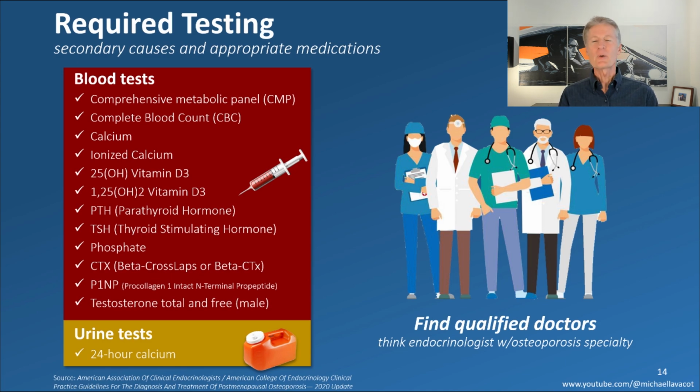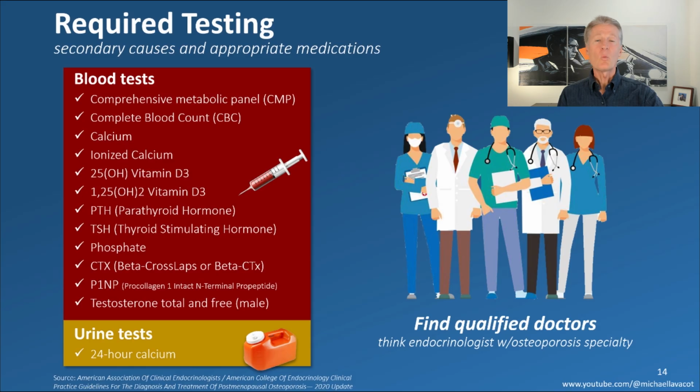Now, what I didn't put here is estrogen, though you probably should, especially if you're going to get hormone replacement therapy or consider that, because you're going to need a baseline to figure out kind of how your supplementation is going. And then finally, a 24-hour urine test for calcium. One of the big problems, secondary causes, is urinating out too much calcium. So you need to figure out what's going on there, and there's various things you can do about that. By the way, I have a couple other trainings. One is calcium and vitamin D, where I cover a lot of these secondary causes, so probably worthwhile to watch that if you haven't already.